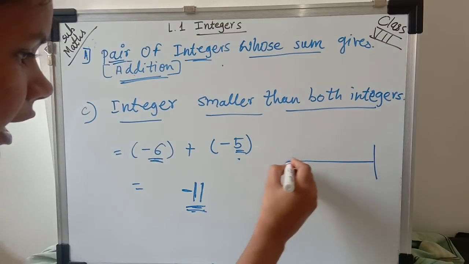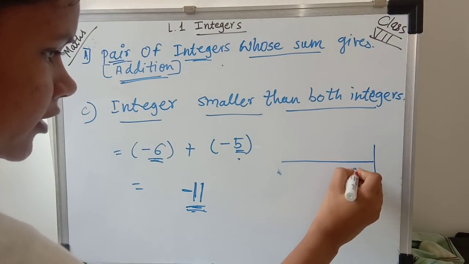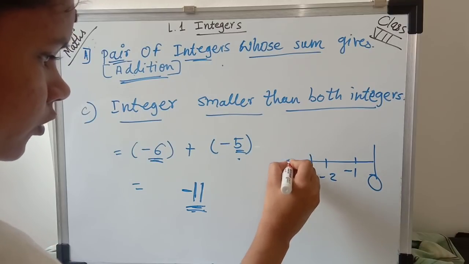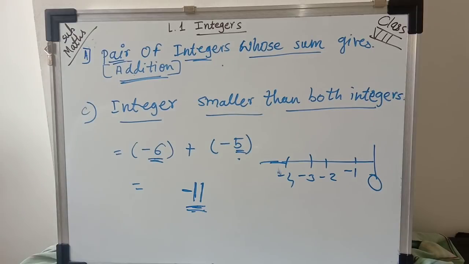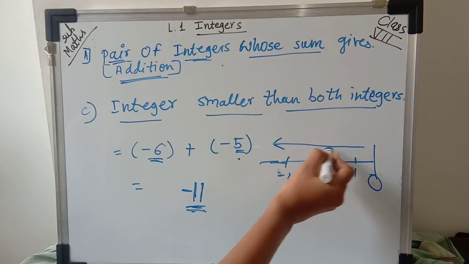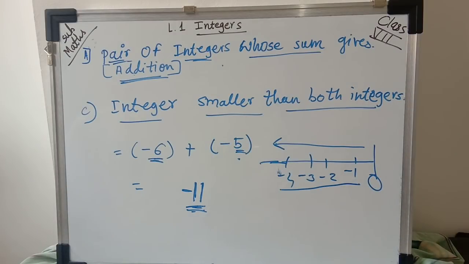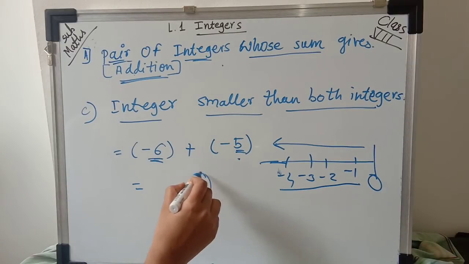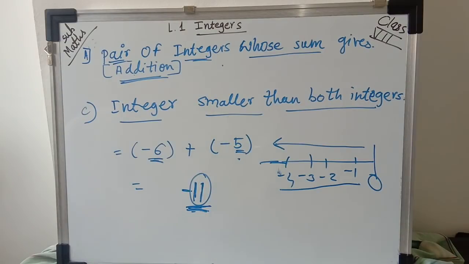Okay, again I'll draw here the number line. -1, -2, -3, -4. So students, when we are moving from the right to the left side, the value of each integer decreases, मतलब कम होता है, कम. होल नंबर भले ही बड़ा हो इंटीजर्स का, पर उसकी वैल्यू जो होती है वो हमेशा कम रहती है.